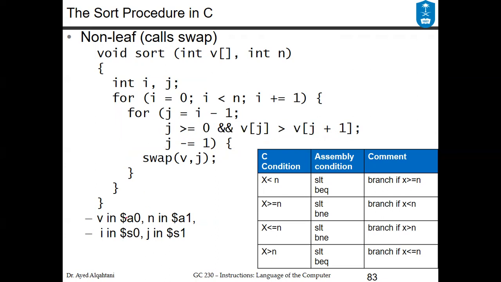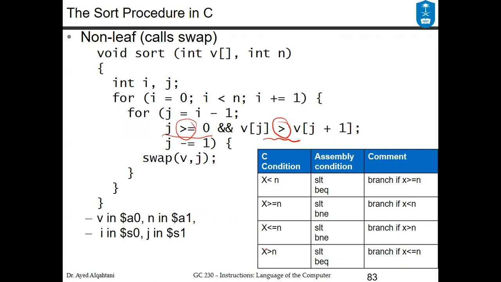Now we have the same assumptions. V is in a register, I mean, the address of the array V is in A0, and the size of the array is in register A1. And the index I and the index J are stored in S0 and S1. It's good to remember that since we are using this comparison and we have larger than and we have larger than and equal,